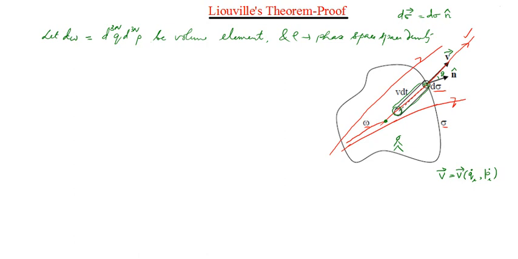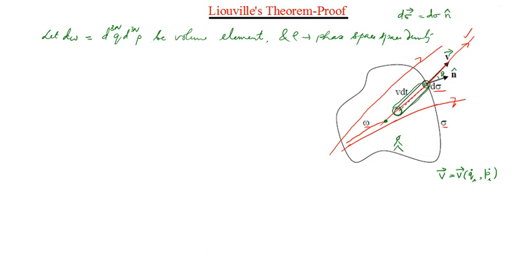Okay, so let's say that we are considering the observer somewhere here, and as a large number of representative points are flowing into the phase space, there will be representative points also flowing out of this particular region omega, because there is no source or sink for the representative points within the arbitrary volume. So since there is no source or sink in the volume, we can expect that the rate of inward flow of the representative points into the region will be equal to the rate of outward flow.